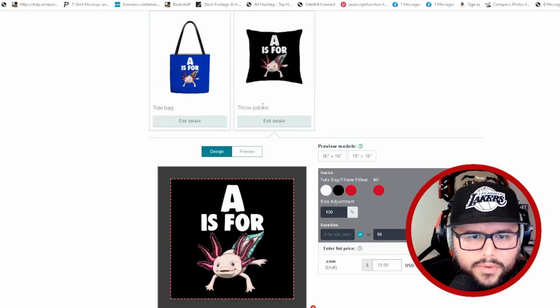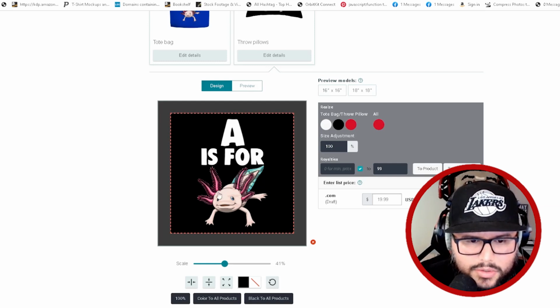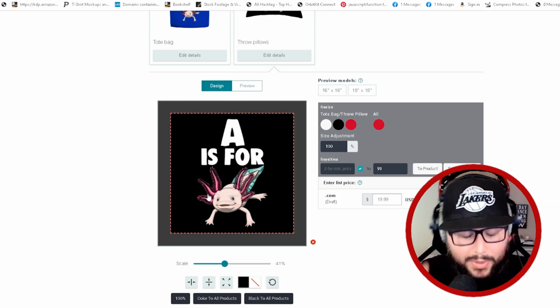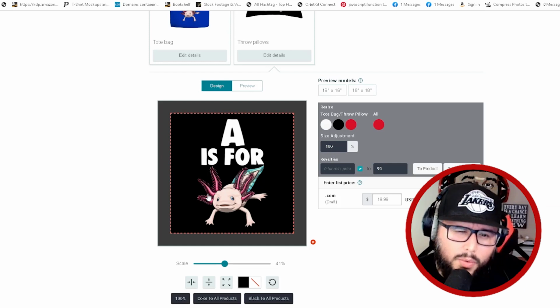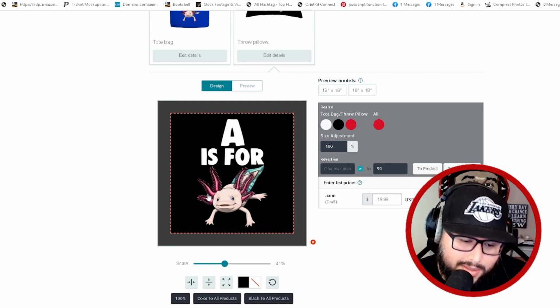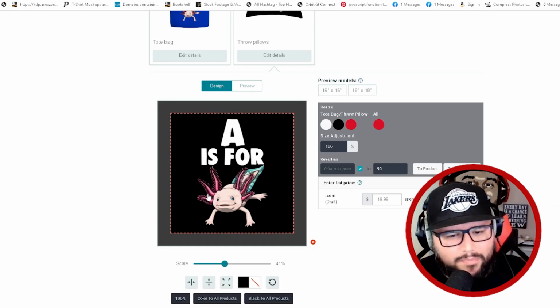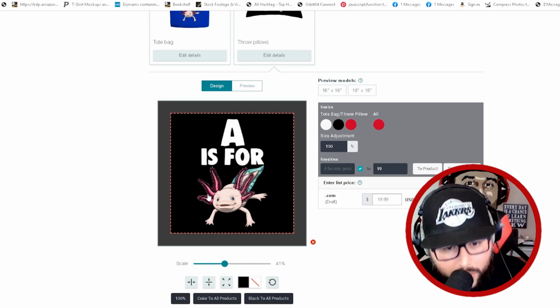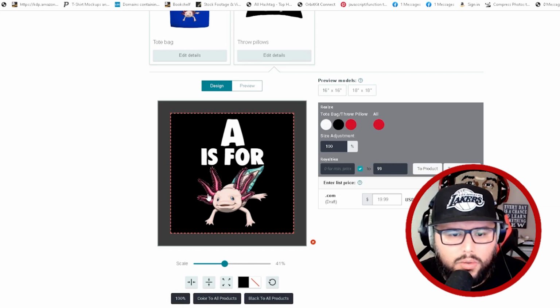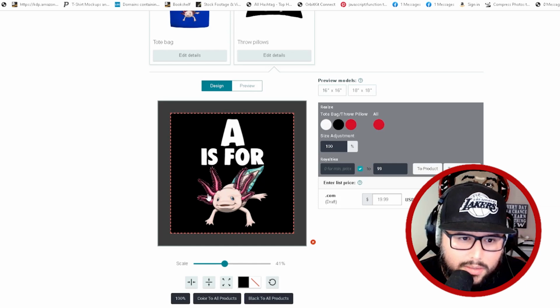This is the preview for the throw pillow. You can see it a little bit better. You can see the illustration, how it's custom. That's what I always recommend as well. If you go into a new niche, you want to figure out how you can create a custom illustration, because that's going to help you stand out from the competition. Always recommend that. Take your time. Figure out what's going on, what you can do in the niche, what can you do different, what can you do to be better. And one of the ways to do that is creating a custom illustration,